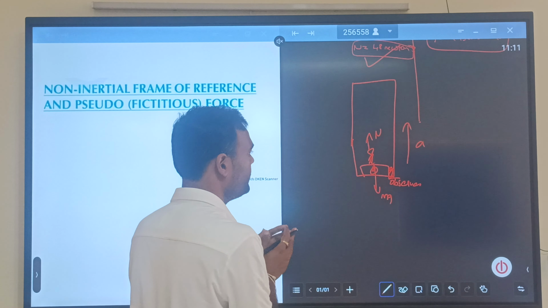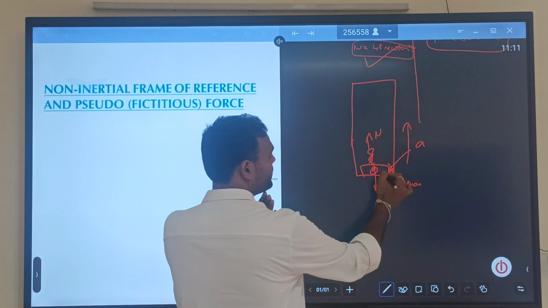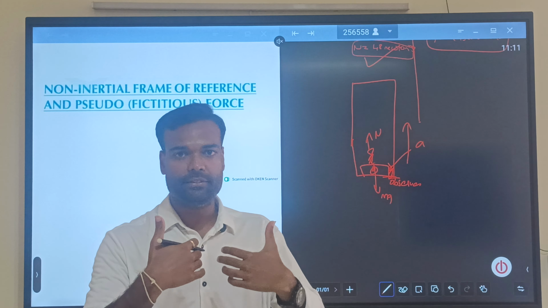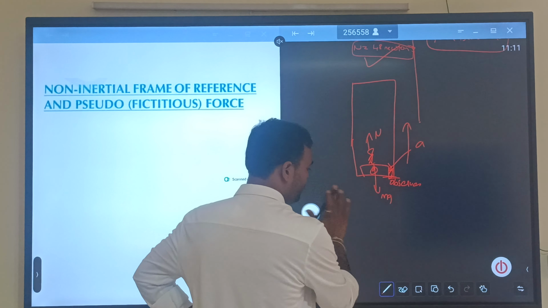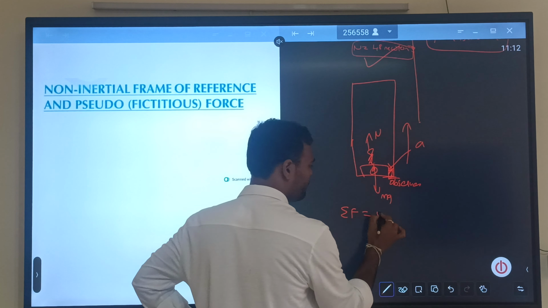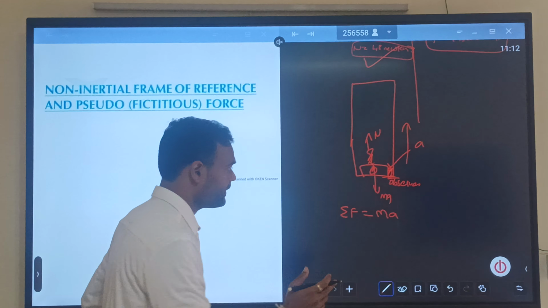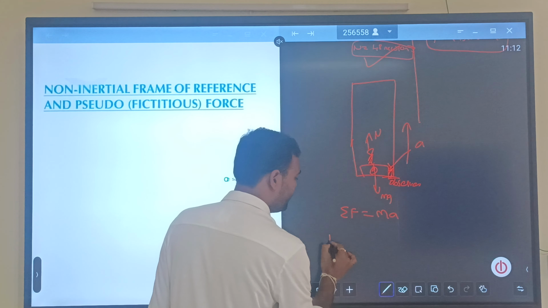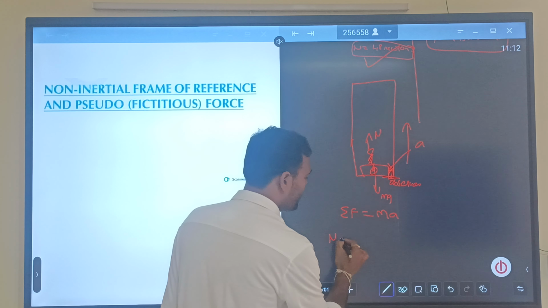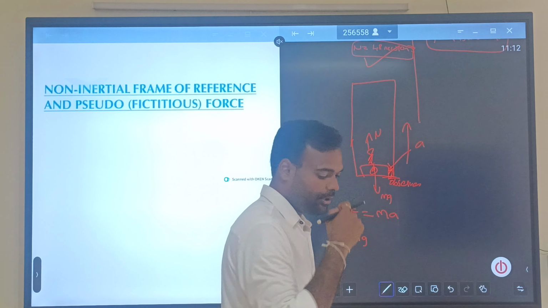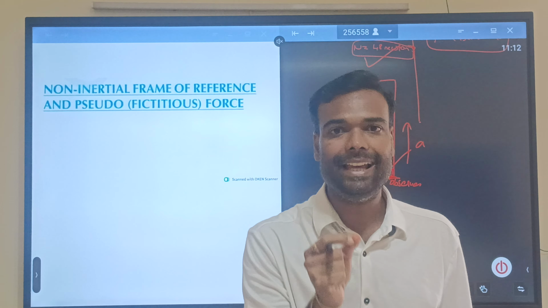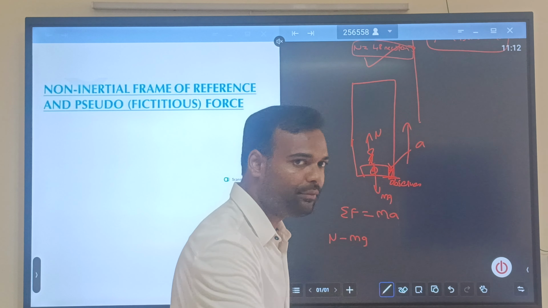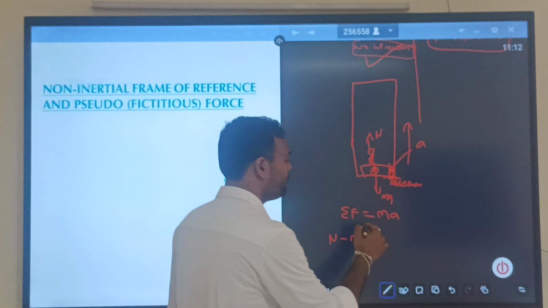Now the situation says that whenever the person inside the elevator is observing this candidate, he says that the set of all the forces acting is equal to ma, which is correct. But here, the set of all forces acting is N in the upward direction, mg in the downward direction. Now the observer who is in the non-inertial frame of reference, that means in the accelerated platform, himself feels that there might be a force acting